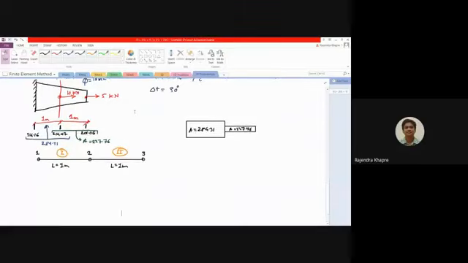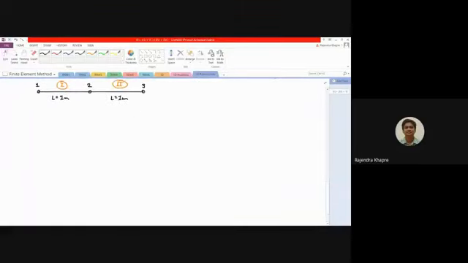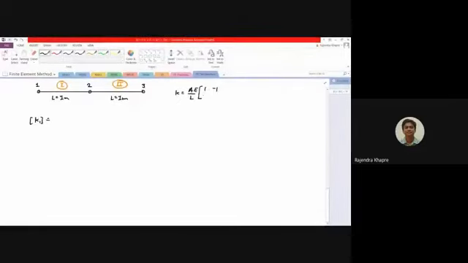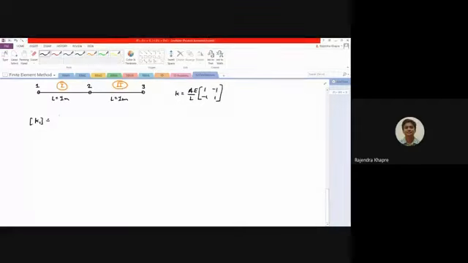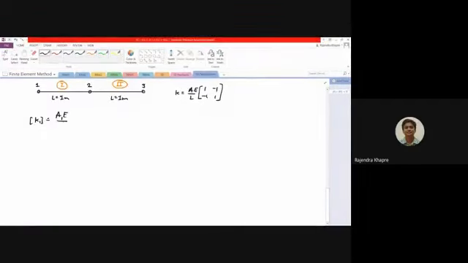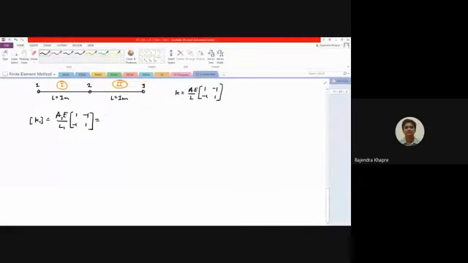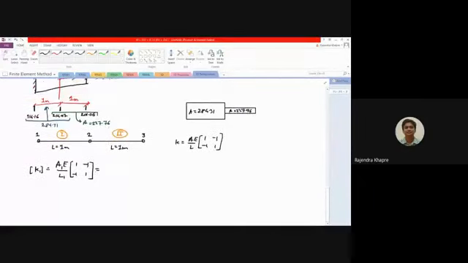Now all we have to do is generate the local stiffness matrix. So your K1. Generally the K expression is A E upon L, multiplied by the matrix 1 minus 1, minus 1 and 1. This is a generalized expression. So for the elemental stiffness matrix of the first element, this will be A1, E is constant, L1, multiplied by 1 minus 1, minus 1 and 1. Now in this particular case, the value of A1, the cross section area of the first element, is